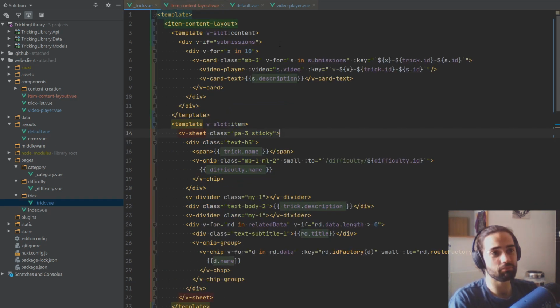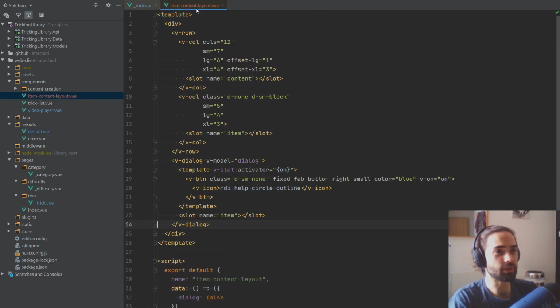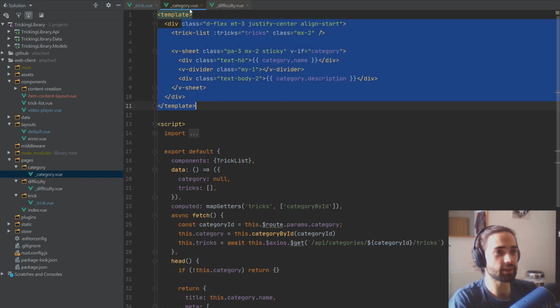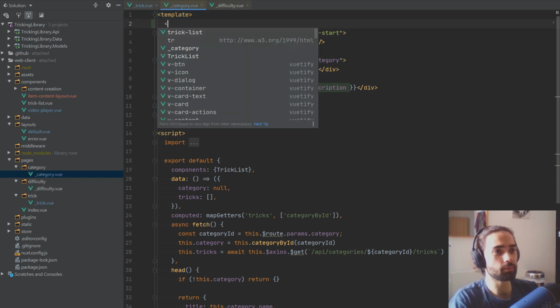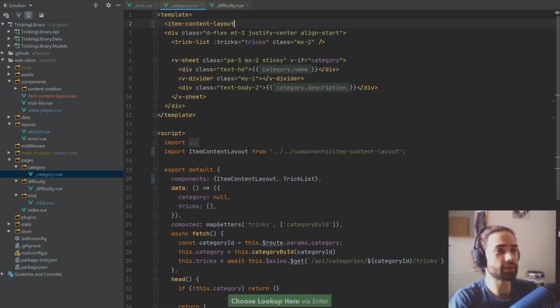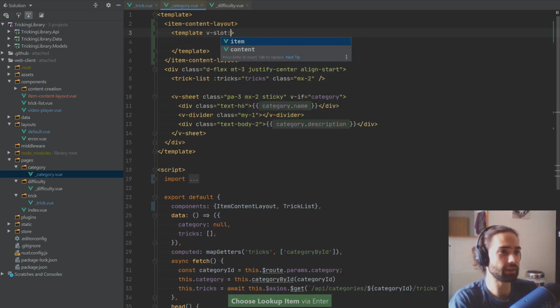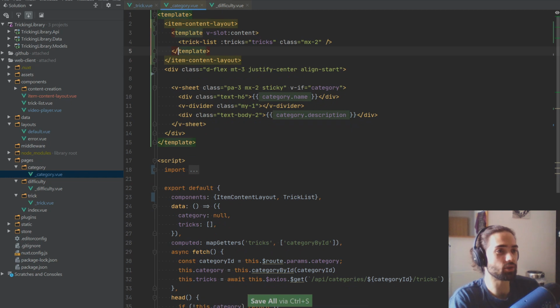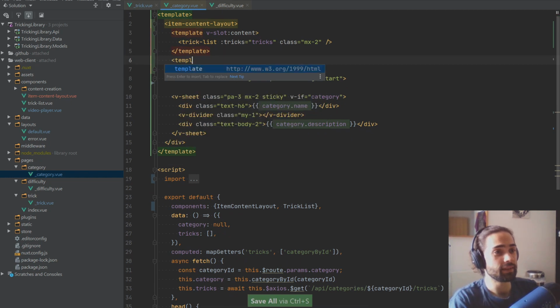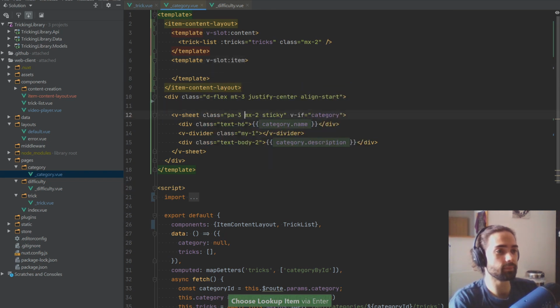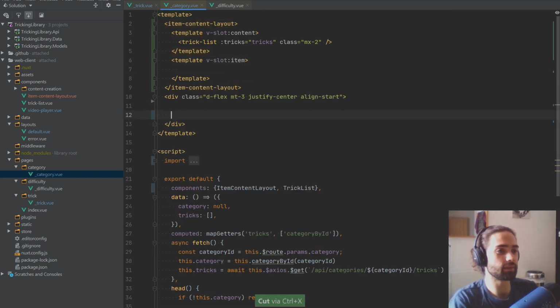So for this trick, let's go ahead and now transfer it to the difficulty and category pages. So let's take the category first. Let's bring in our item content layout, and here we will supply the table, the template slot. First we want the content here. It doesn't really matter what order we put them in, but I'm gonna just put my trick list in there, right? Simple. And then the next template, and we slot its item. Let's go ahead and grab that,